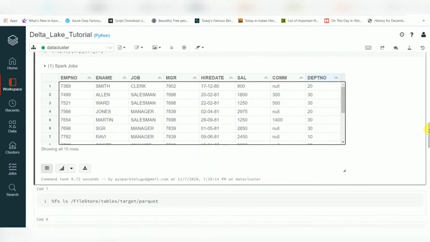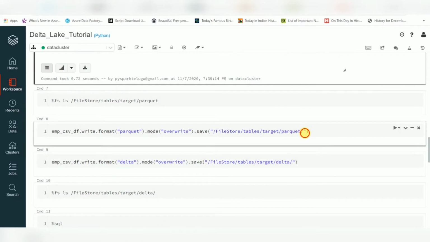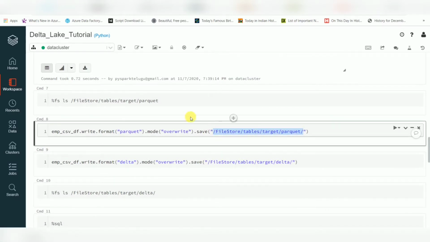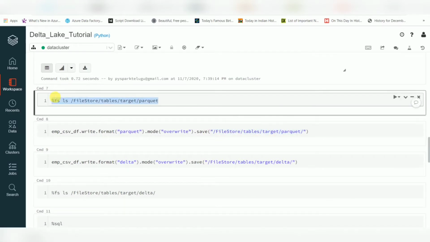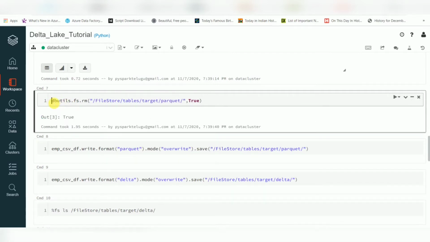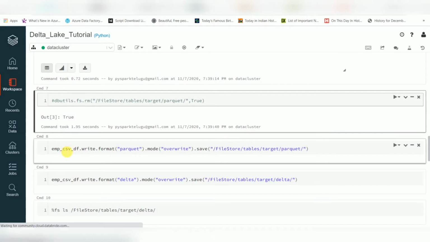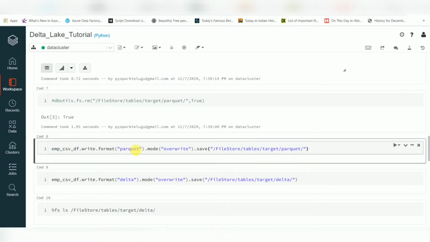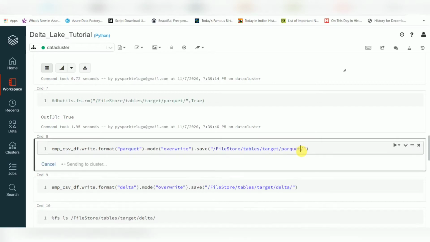So now I'm creating a Parquet file. Just before that, I'm going to remove the existing Parquet directory which is already available, with recursive true. Done. Now I'm going to create one Parquet file here, using the overwrite method.